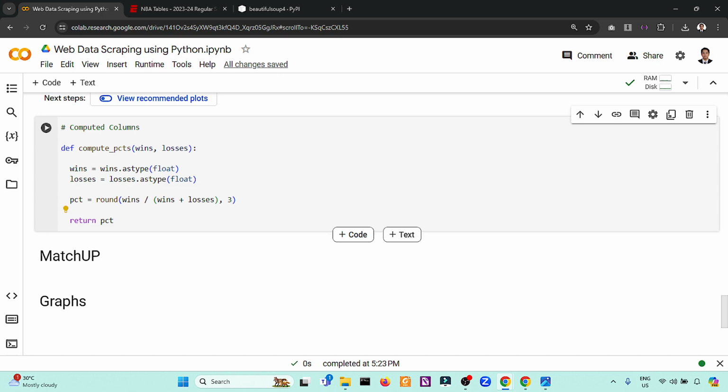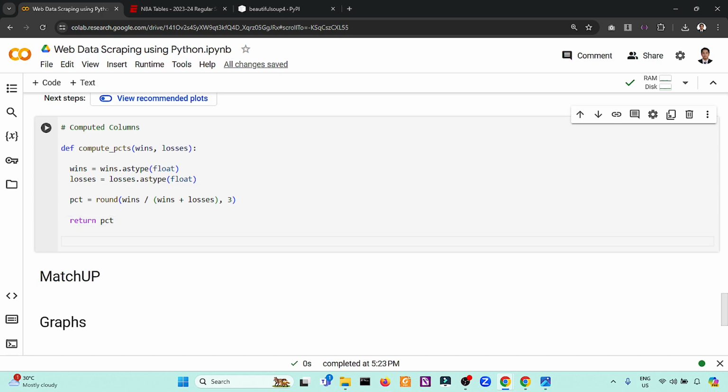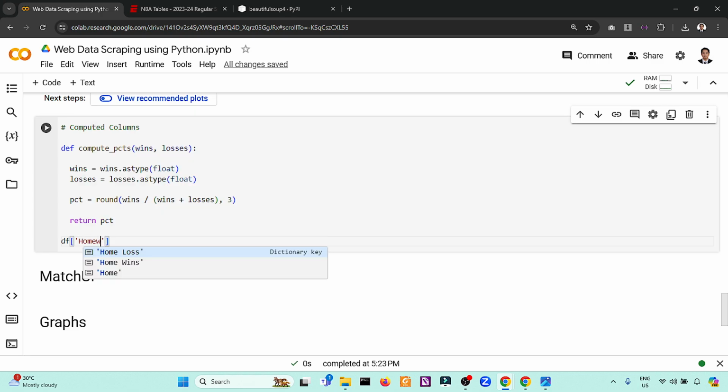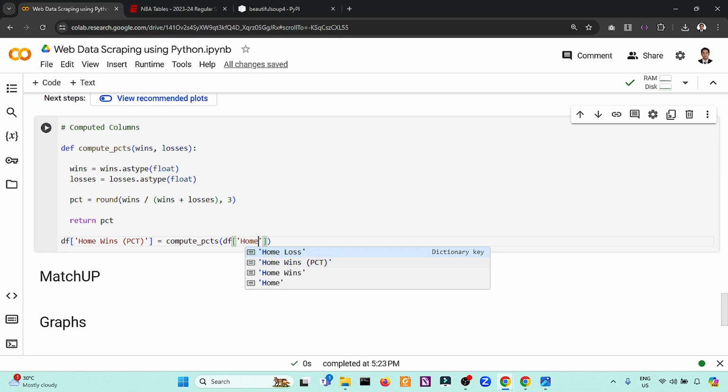So if you want to add more data to your existing data frame, we can say home wins. So we're creating another column here. Home wins percentage is equivalent to compute PCTs based on the data frame of home wins.